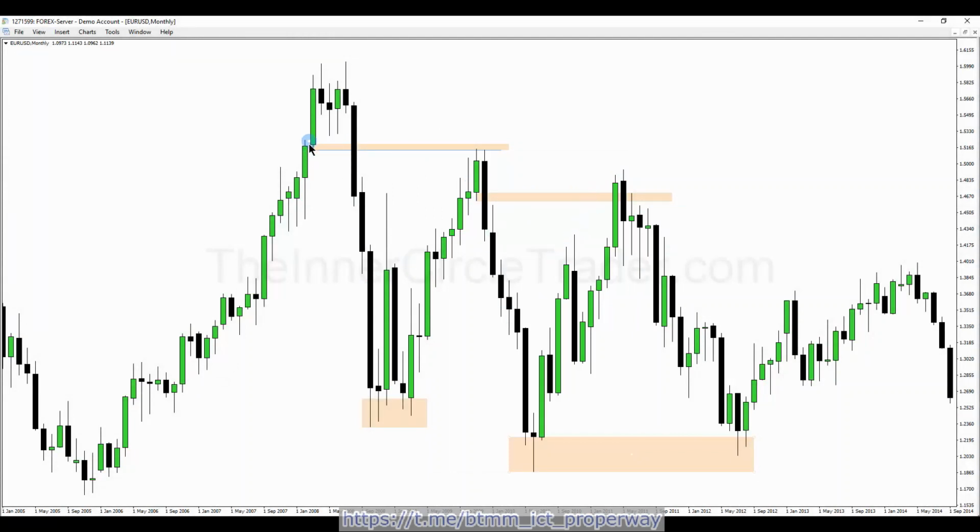Just as well, we saw this up candle here, this down movement, price comes up and closes in its range here. Then it runs for the liquidity below here. The point of what I'm showing here is once you understand where the market will most likely reach for, and this is a monthly chart, now we can take a step back and say, okay, if I can define the market in terms of, and we'll say, for instance,